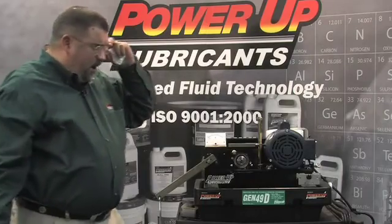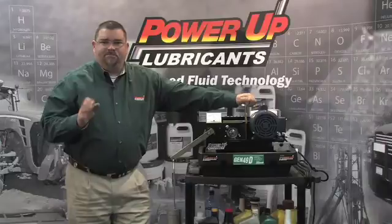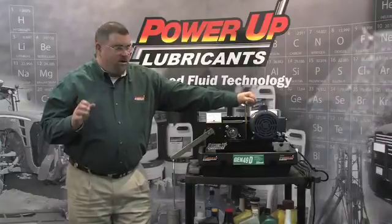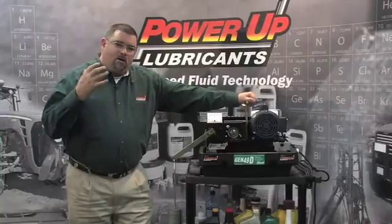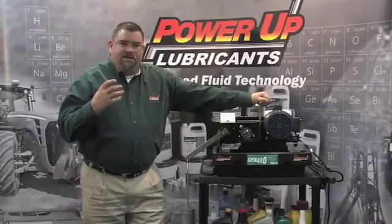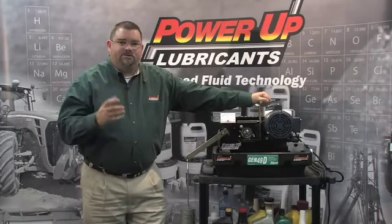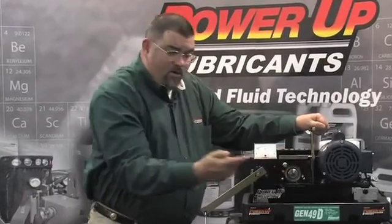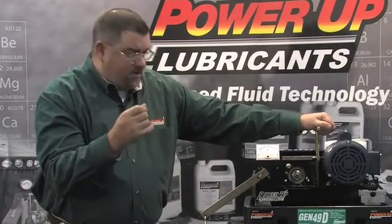and one of the proprietary components in Power Up are the retention agents. Now most metals have a negative charge. Power Up has a positive charge. So what happens is at the time of shutdown, or in the areas where you get poor oil flow, Power Up actually magnetically charges and magnetically attracts to the metal surface. So in the time of shutdown, or if you've even got a severe contamination, there's still a good lubricating film